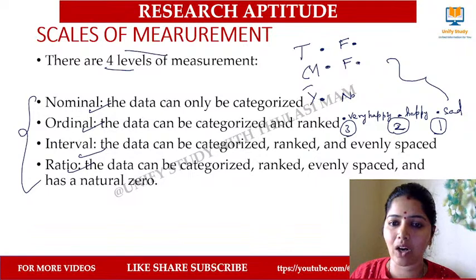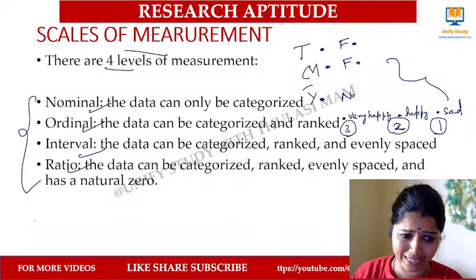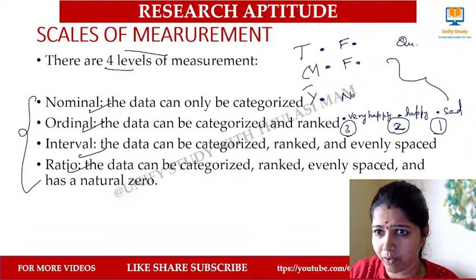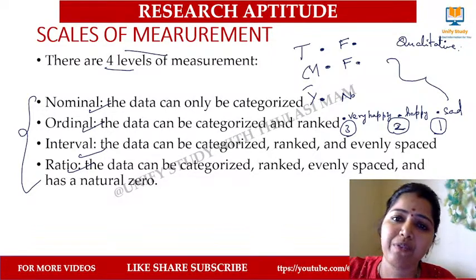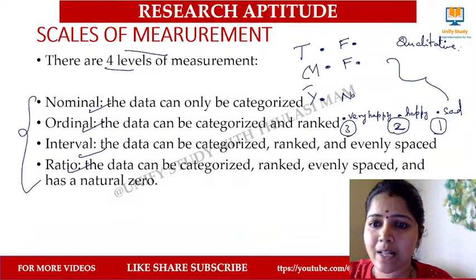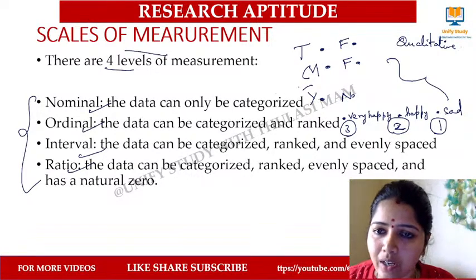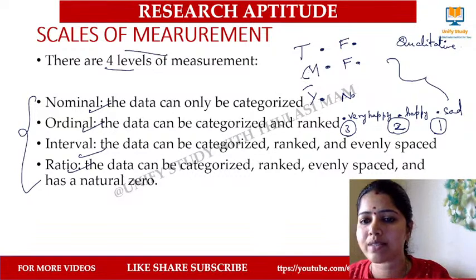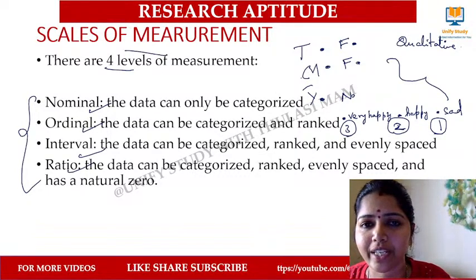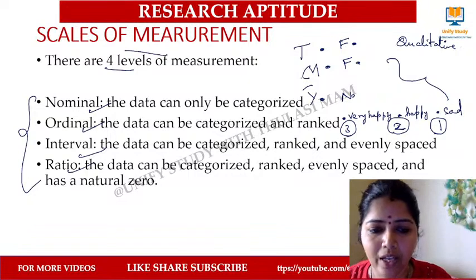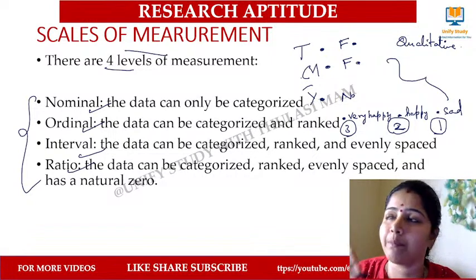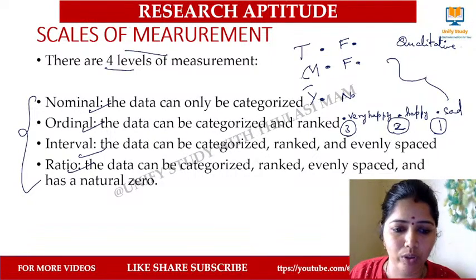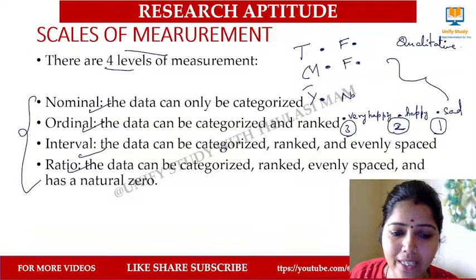Yes, the nominal and ordinal work on qualitative type of data. Why? I cannot apply 3 plus 2 is equal to 5 and say it gives me very happy. I cannot do any kind of addition, subtraction, or arithmetic operations on the data. So it works only on the qualitative type of data. It can tell how many male or female. That's all it can say, nothing more than that. Okay, Gauri, it's not quantity, it's quality.